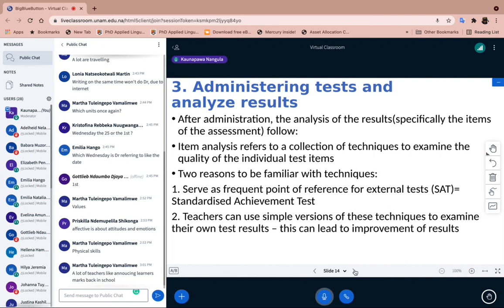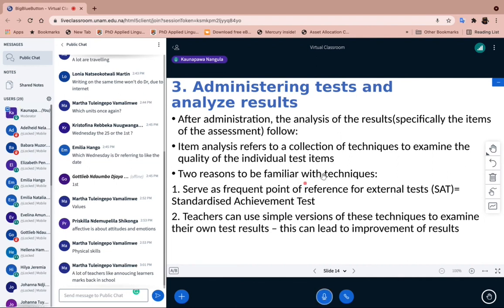Test items are the test questions that you have written in your test or assessment, and then you assess them to see if the question might be very easy, or in situations where most of the learners have failed, even the seemingly best performing learners, then maybe you can also review the test items just to see the quality. And then these are the two reasons